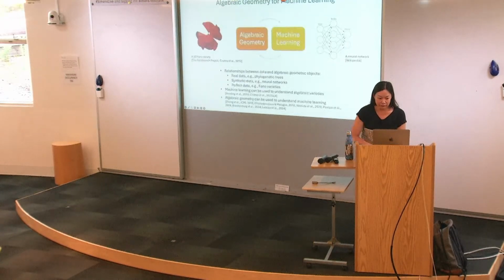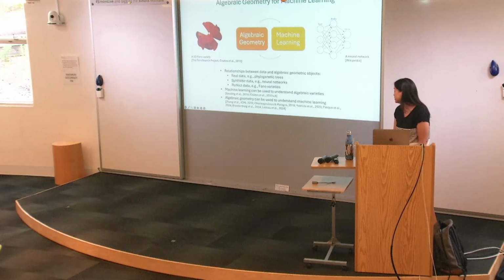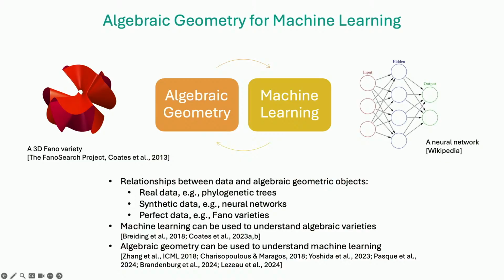Okay, so let's move on to algebraic geometry for machine learning, right? This is something that I'm working on. As I mentioned before, it is kind of surprising, and when I talk to people in the mathematical community, especially pure mathematicians, I have to motivate why algebraic geometry, which is a very pure field of mathematics, should make sense in machine learning or data analysis or statistics.